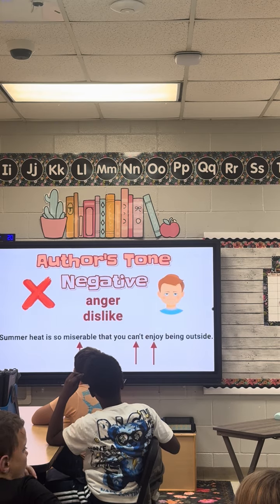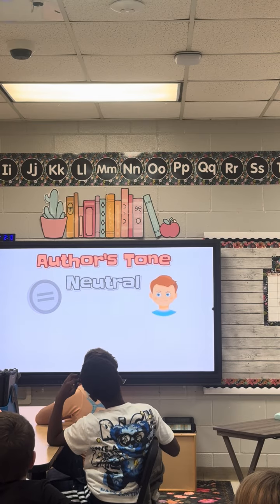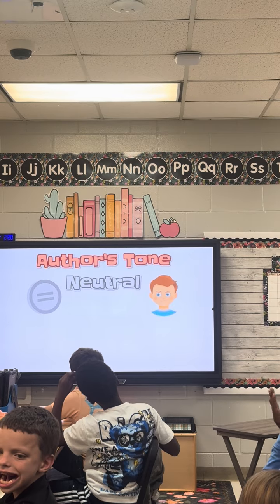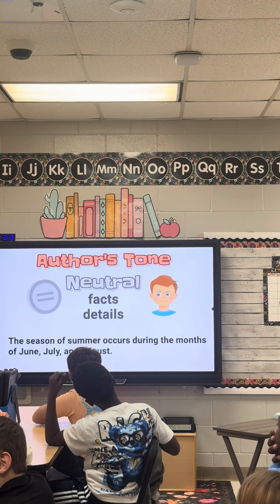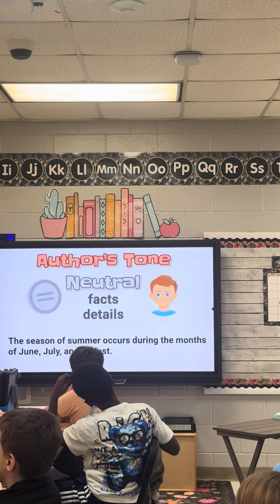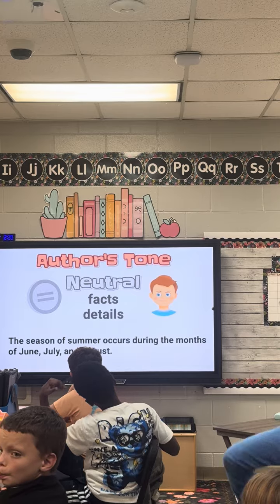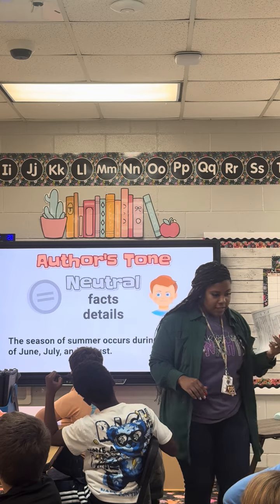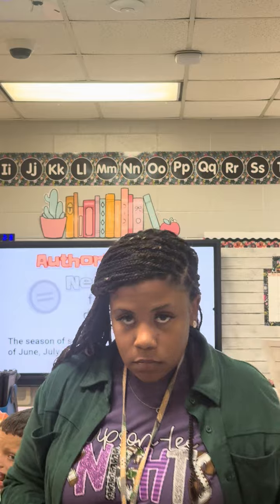Finally, an author will sometimes write with a neutral tone. A neutral tone simply does not show any form of positive or negative attitude about a subject. Often, the author lists facts or details. Here is a sentence about summer written with a neutral tone. The season of summer occurs during the months of June, July, and August. As you can see, the author did not show attitude either way. Only details about summer were stated. There are many ways that writers can show tone, but 3 very common ways